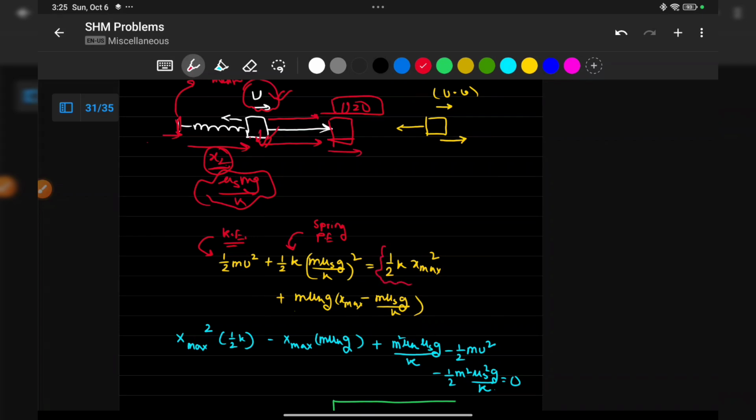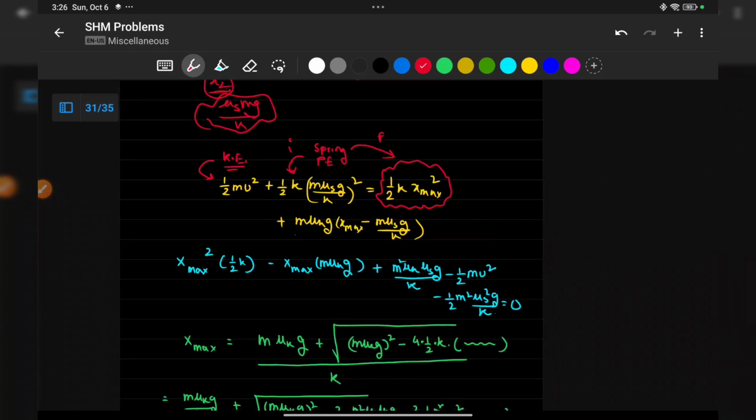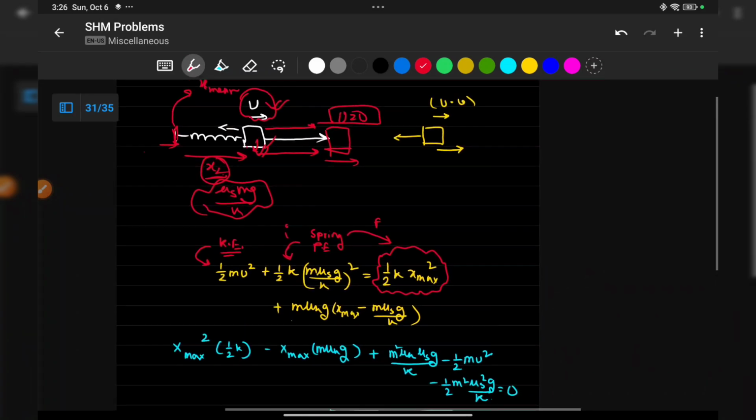This is initial, this is final. And yes, of course, I missed that part. And this whole thing will be equal to the work done. Change in mechanical energy, this is written as change in mechanical energy. Okay, you can see, I think this is the kinetic. This is the initial kinetic energy. This is the initial potential energy, and this is the final potential energy. So this whole thing, the change in potential energy, is equal to the work done by the